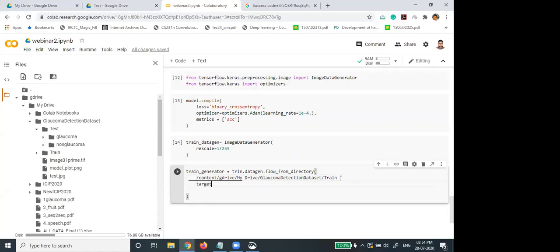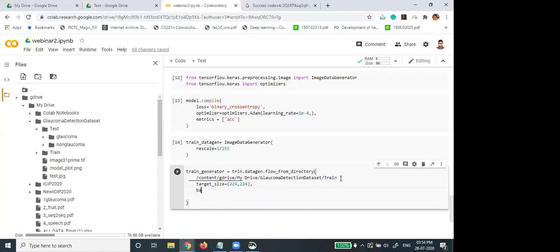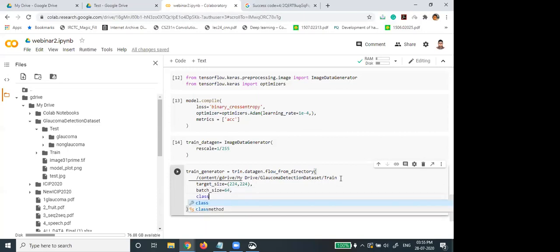Now target size is also we are defining as 224 by 224, and batch size, at a time how many data we are taking in one batch, this batch size, I am setting 64, and class mode binary.